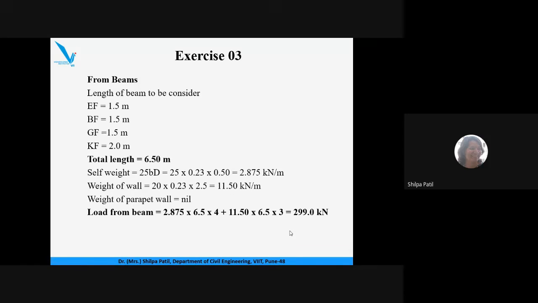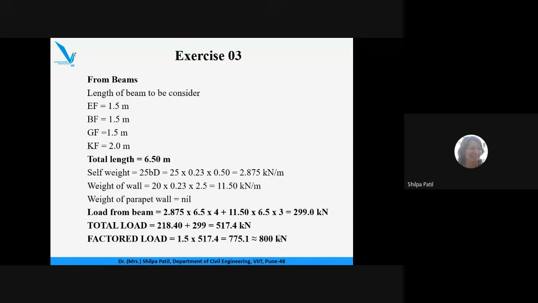Is it clear how the load from beam is calculated? See, I'm just explaining all these because this is the approximate method. For your term work, you are not supposed to do such type of calculation. But if it is asked in the examination, while solving a problem based on the design of a column, you can use the approximate method because there is a limited time period within which we have to finish the column design. Okay, practically also we do not do this method. We actually start from the designing of slab, then beam, and then we go to the column. Is it clear to everybody?